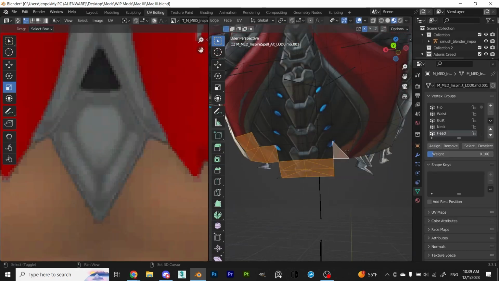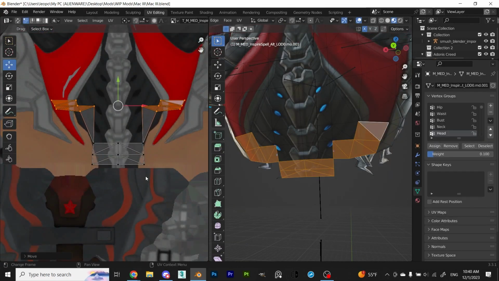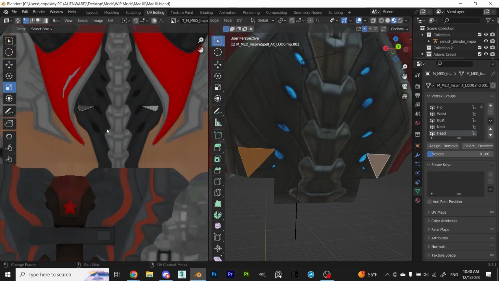Once separated, I re-UV'd the rest of the body so that no skin is shown on it, just another preference.